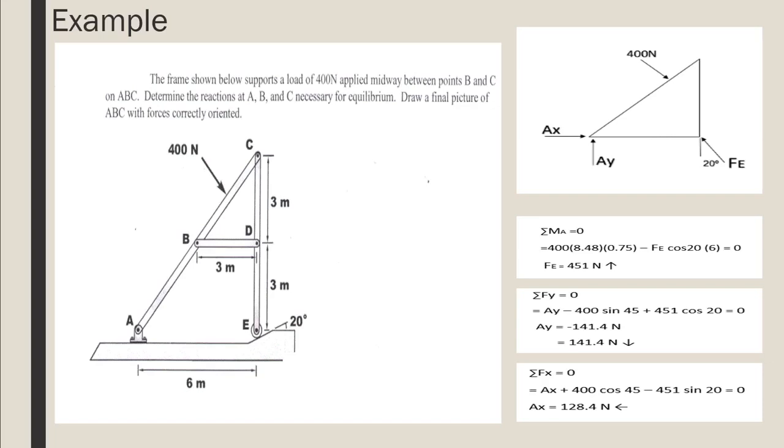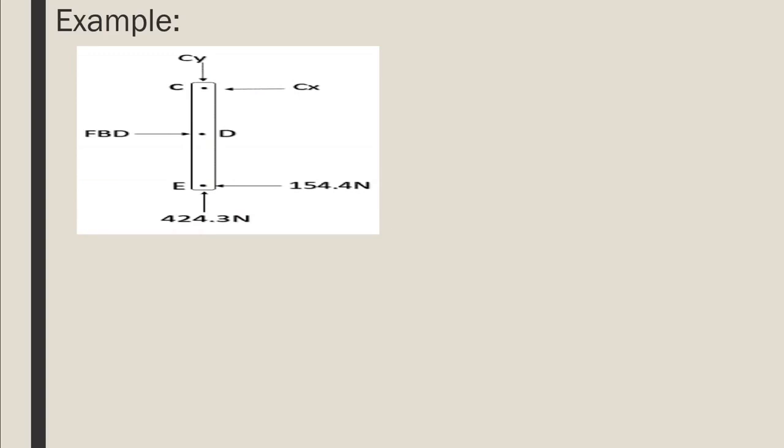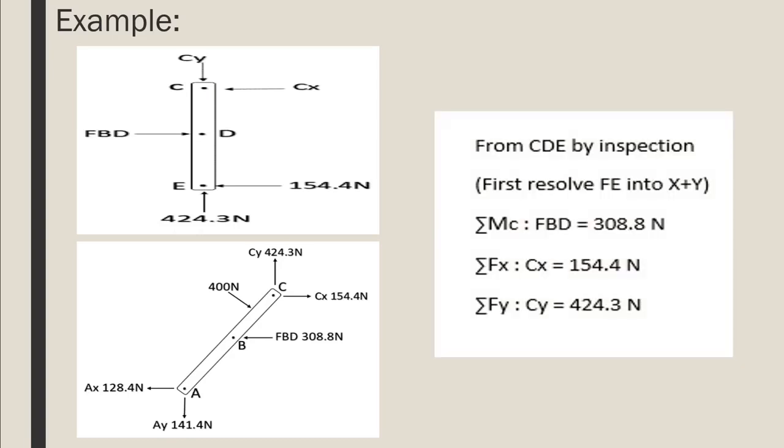Now we need to break the frame down to find the other unknowns. We have Cx and Cy. So we take a moment about point C, so we can find the force FBD, and it's equal to